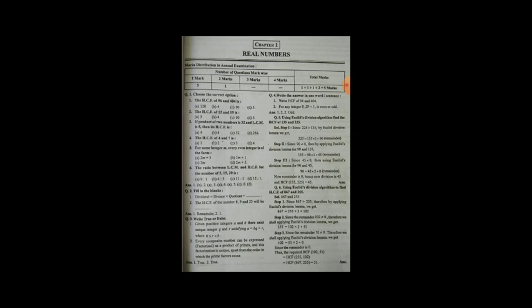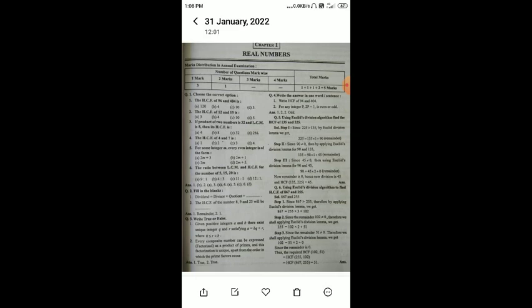The HCF of 96 and 404 is... There are two methods for this question. One is hit and trial, in which you take each option of the question and cross-check it with the question itself. Now, here 96 and 404: does 120 come in the table of 96 and 404, or vice versa? No. So 120 is eliminated.